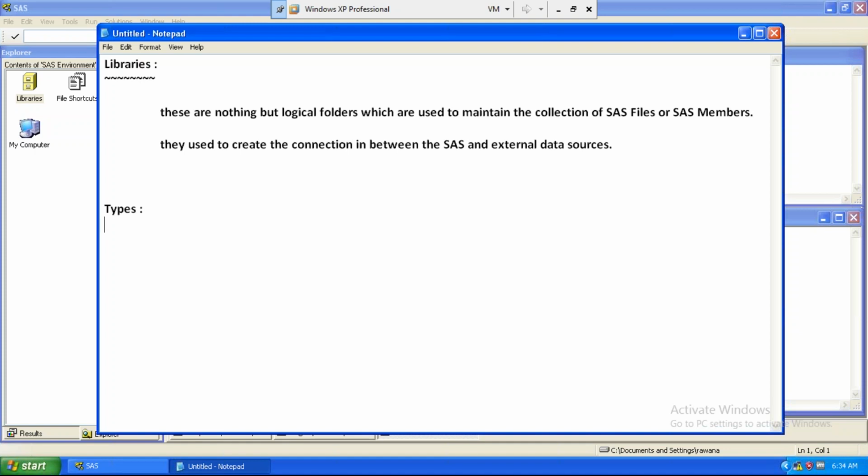And we can broadly categorize the libraries into two categories,